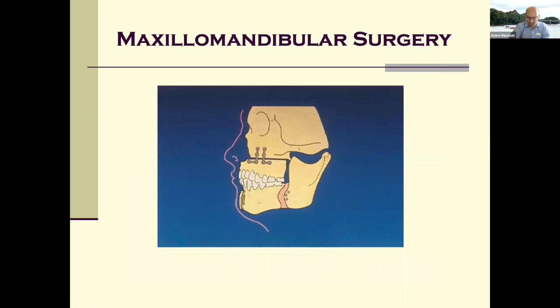So let's get even more invasive and talk about MaxFacs. What they do is, if you've got a short jaw or a short maxilla, they will crack those and pull them forward and then plate them. People do heal, though they do stay wired for about 3 weeks, drinking and eating through a straw for that period. But overall, some people are very happy with the effects. And if you've got a very short jaw, this is one of the things that really works for you.